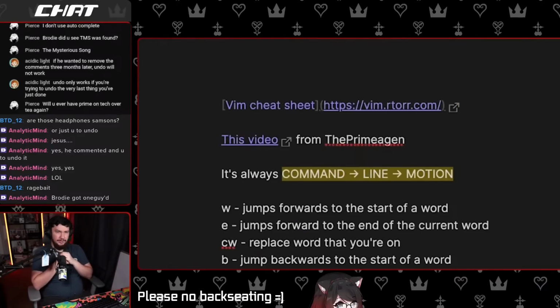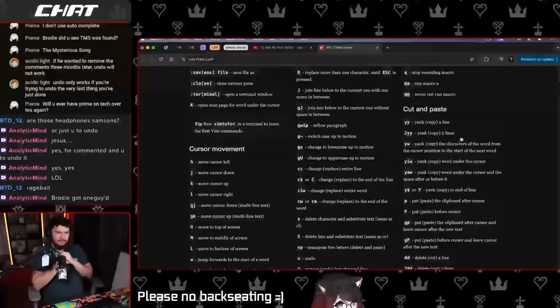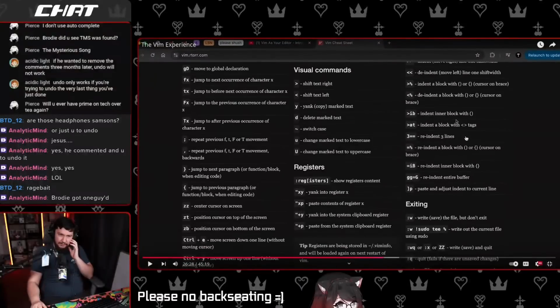First, I found this cool website called the Vim cheat sheet, which essentially just lays out all the Vim